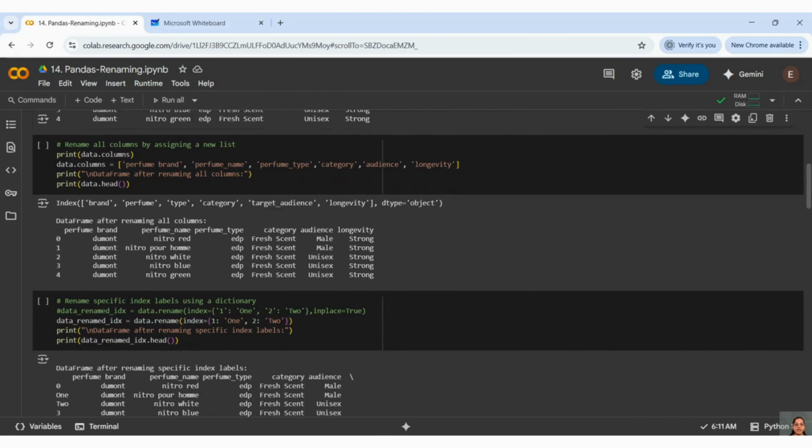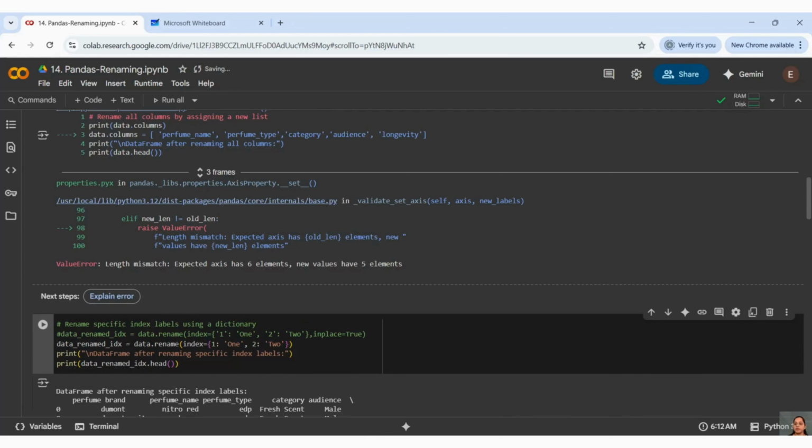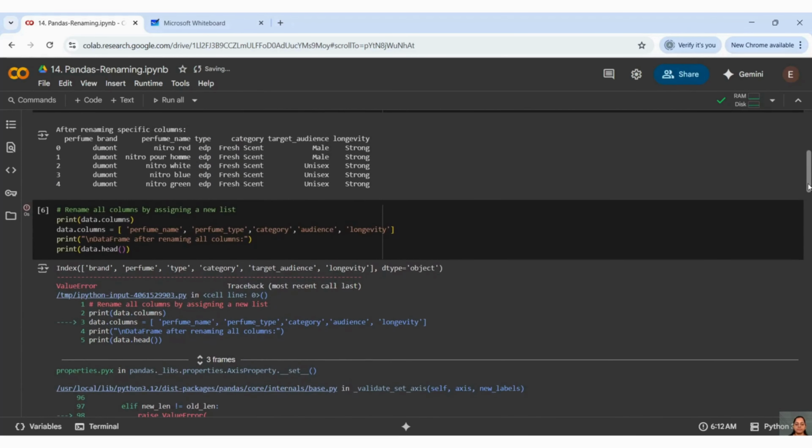Now let us see the next example, where I am renaming all columns in my list. When you are doing this, you have to match the complete length of the columns. You cannot take one column less than that. For example, let me show you what I'm trying to say. See how many columns we have? We have 6 columns, right?